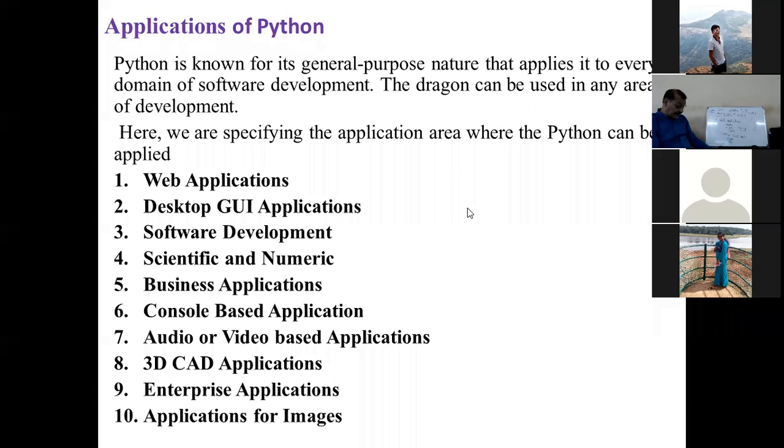Enterprise applications you can write by using Tryton and Plone. Tryton is an integration tool, and Plone is there, through which we can develop applications. Then image processing we can perform through Python, and a very popular tool is VPython. So these types of software you can design with Python.